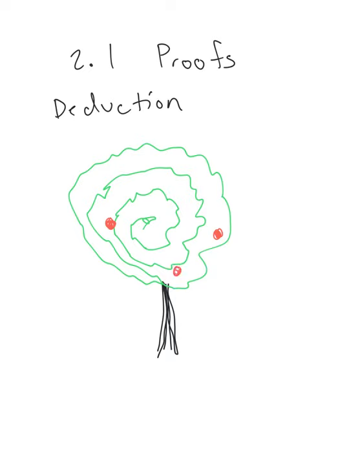The tree had some apples on it. So since there were apples on this tree, I can deduce without a doubt, 100%, that it must be an apple tree. So deductions are things that you can 100% prove